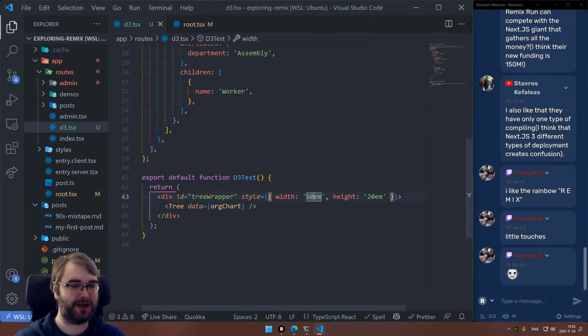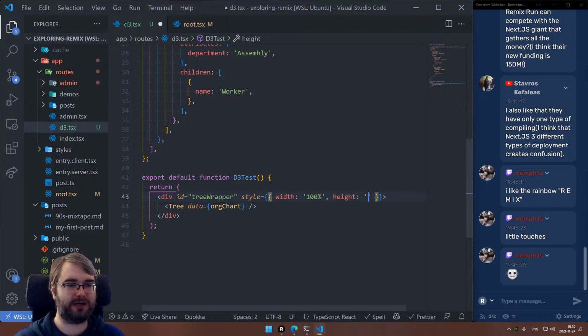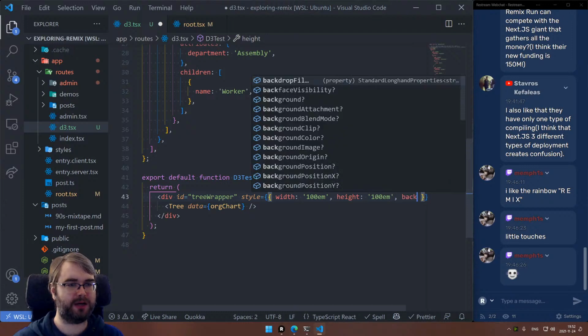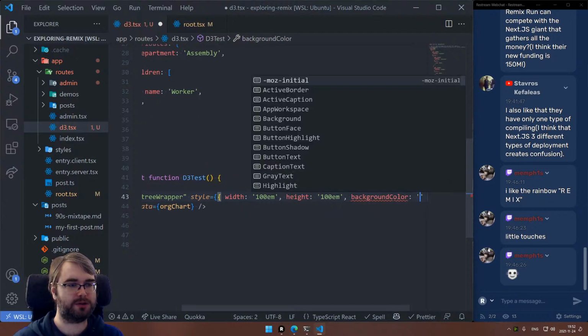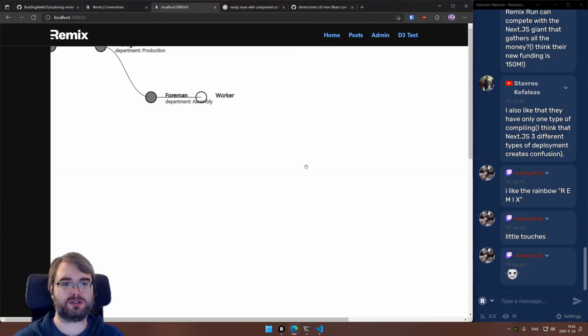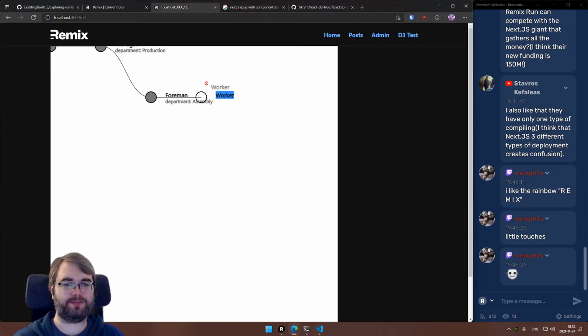I mean, we can make it bigger. Not a big deal. And just make it 100%. Would that work? Never know with those libraries if they handle the relative heights correctly. Probably not. Let's do it 100 EM or something to be very big. And we can say background color, color to be white, right? So just, it's way too big. 50 EM both. Is that good enough? So something that we can see. Okay, that's,